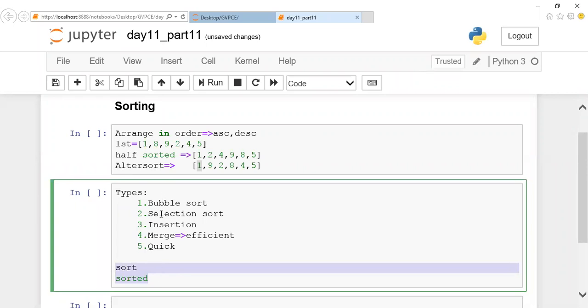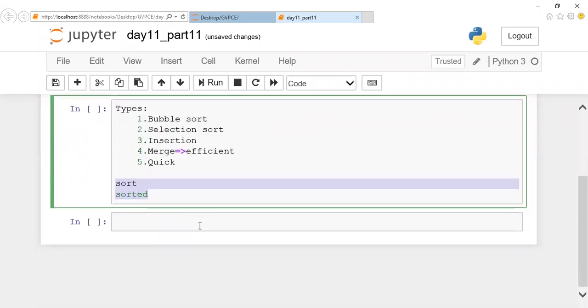So these are the different types of sorting. Still more are available. I have just given the sorting techniques that are required for us. Among these, the most efficient is merge sort. We'll go ahead one by one with the sorting techniques and see what the time complexity is. Then we can go ahead further. The first sorting technique we are going to take is bubble sort.